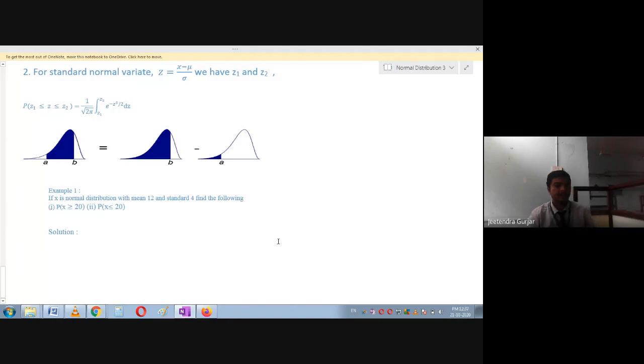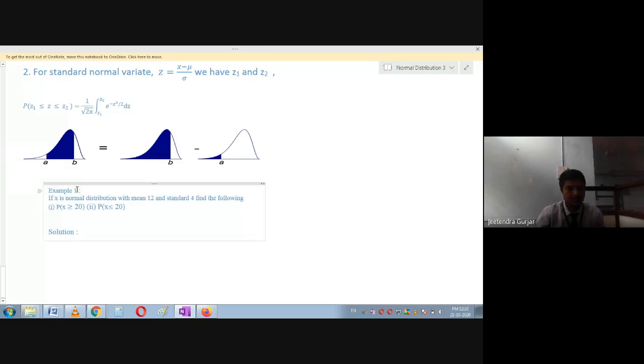Now we see the next example also. Clearly we can see now. I think you are practiced with the calculator, and keep the settings the same. So now we'll go with the second example, student. You can write down the second example. So you can see this is our second example. First example we have done, so we'll immediately go for the second example.